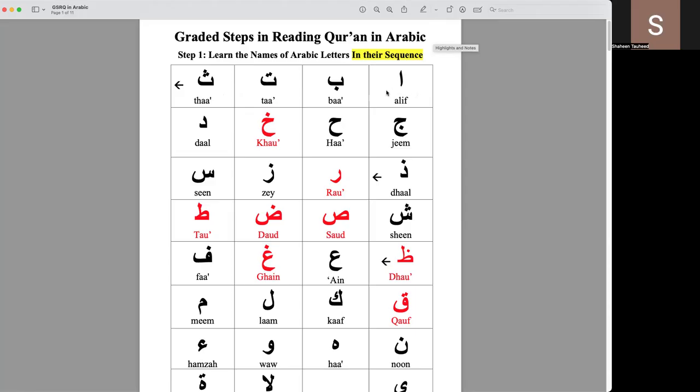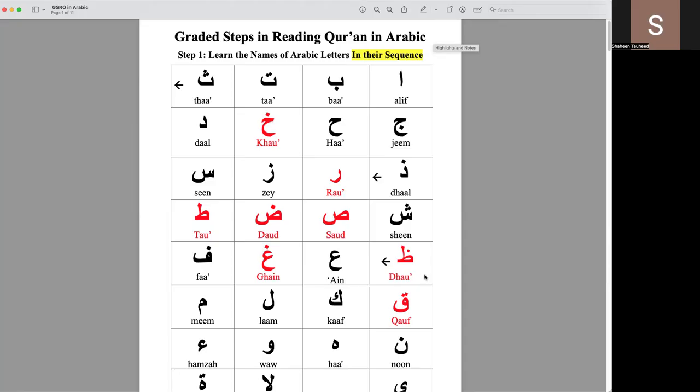Alif, Ba, Ta, Tha, Jim, Ha, Kha, Dal, Dhal, Ra, Zay, Sin, Shin, Sad, Dad,